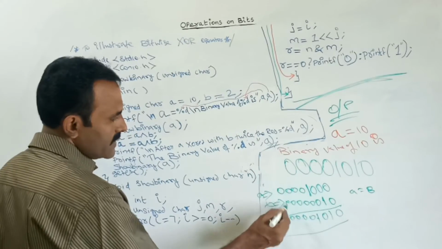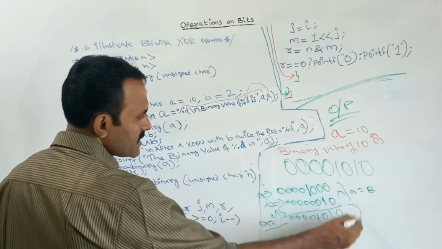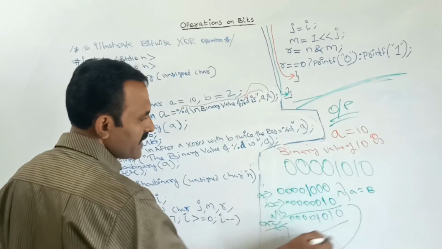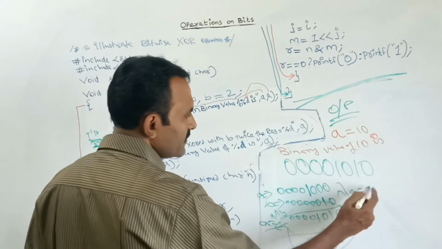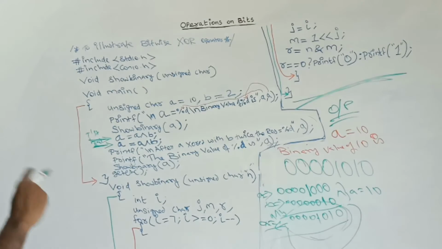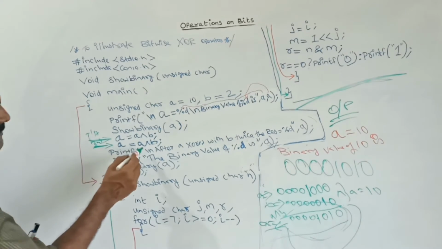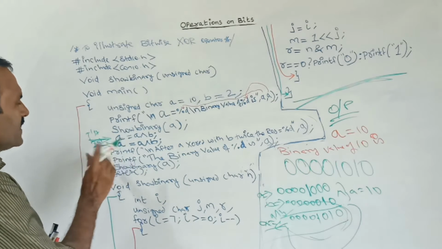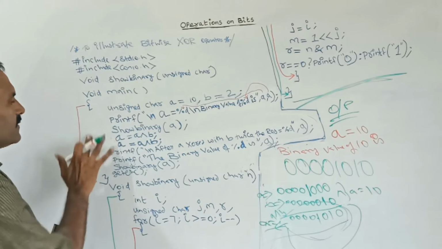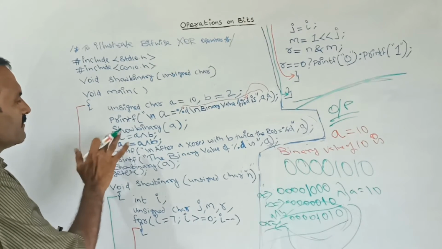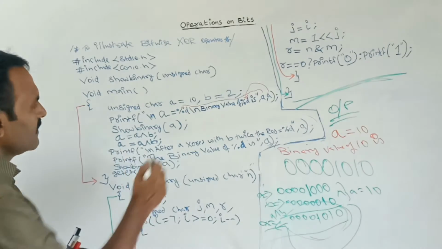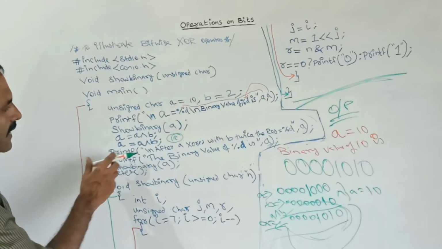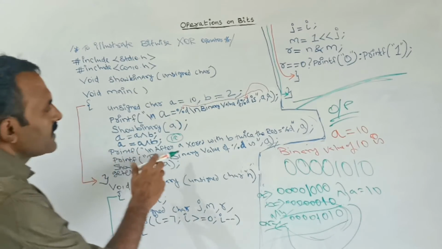Now what is the value? This is the result, A XOR B. This result is stored again into A. So now what is the value of A? If you convert this value into decimal, the A value is 10. So the answer will print like this: the A value will be 10. Currently A has this value at the second time. If I XOR A with the other number again, then we get the A value 10.